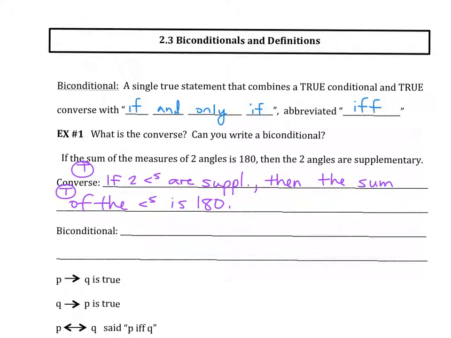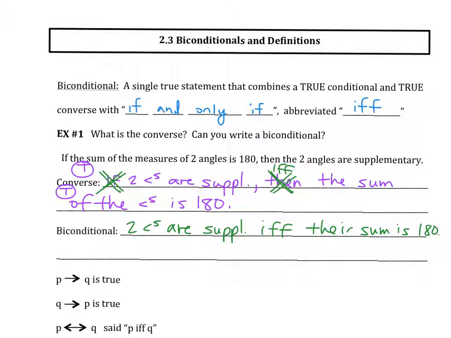Okay, so here's the deal. If conditional and converse are both true, then you can write it as a biconditional, meaning this statement will be true both ways, and we don't actually have to write it both ways. So the biconditional does this, and I'm going to show you in green up here. You're going to take out the if, you're going to take out the then, and you're going to put the if and only if in place of the then. So we would say 2 angles are supplementary if and only if their sum